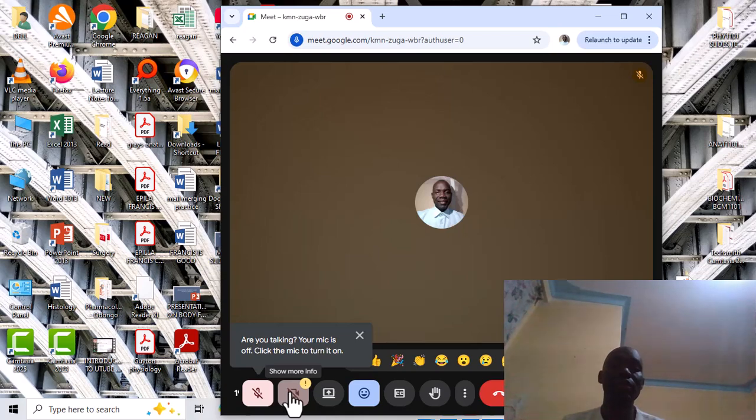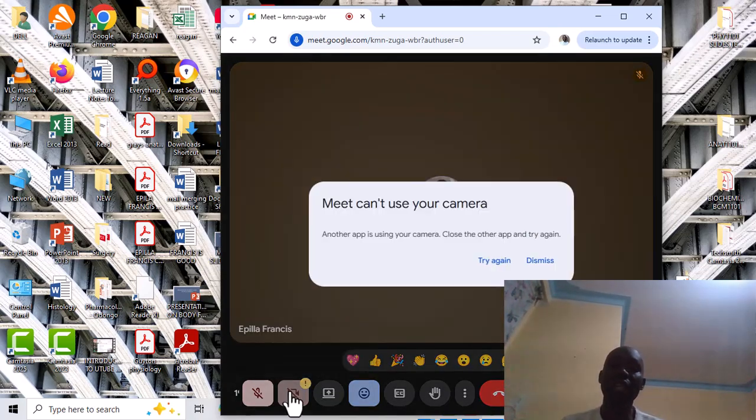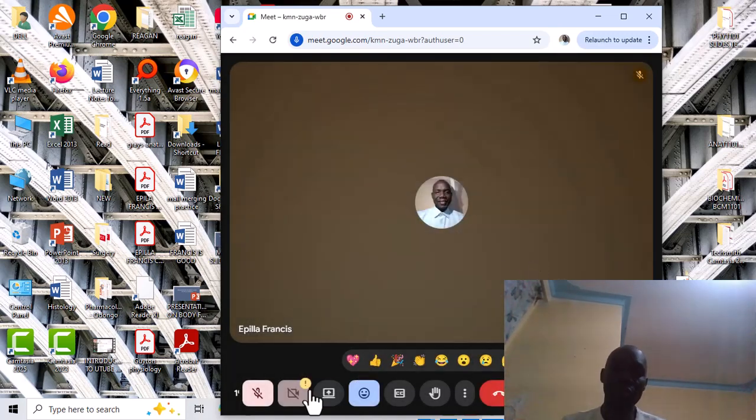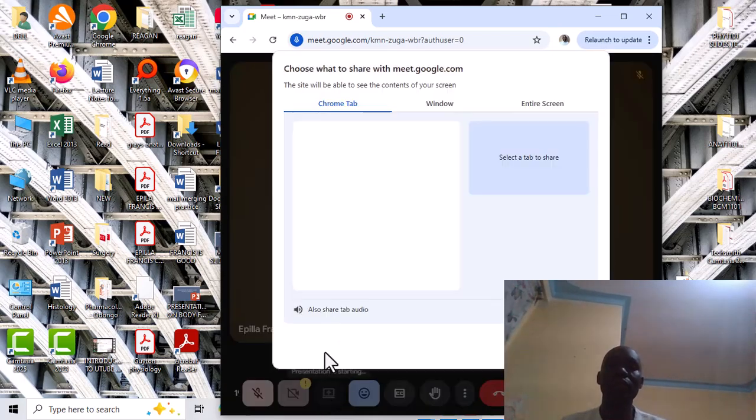So this is a provision that shows more for your camera. In this case we don't want to use it. Then this box also gives us certain things that you may need to do.